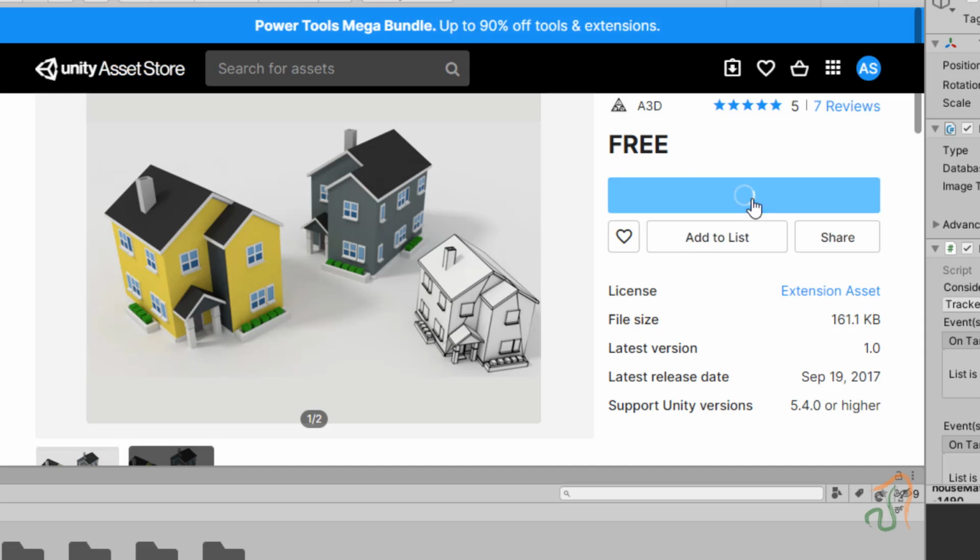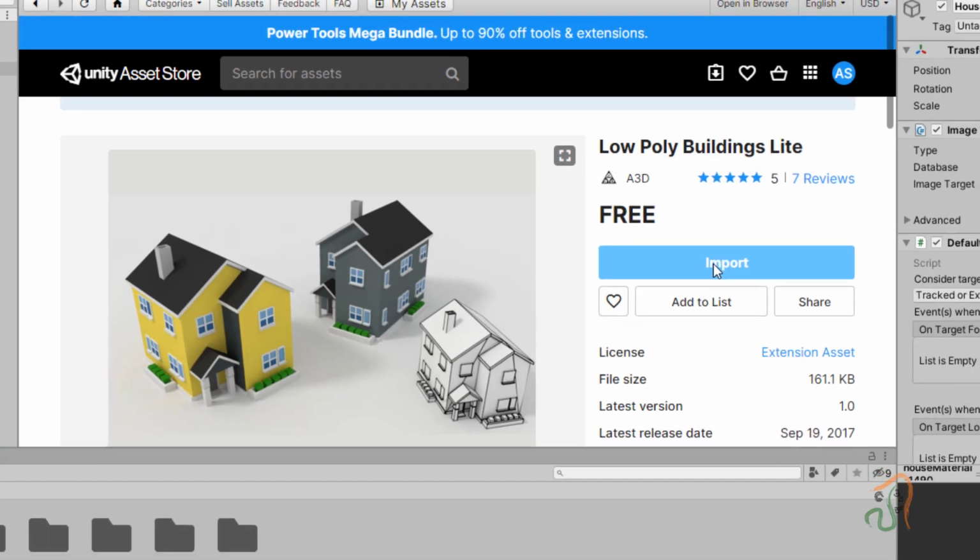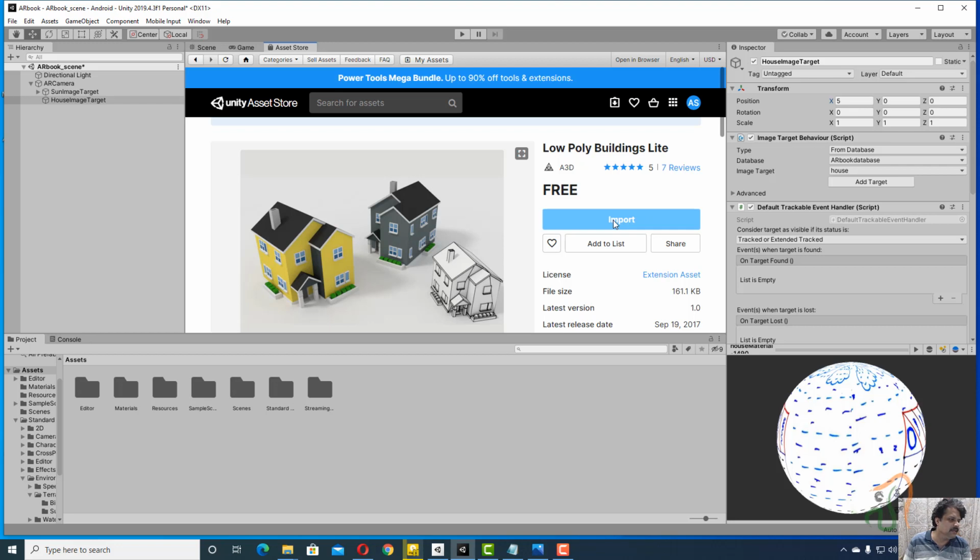When you click on the download button, this resource will get downloaded. Once it is downloaded, you are going to click import. For your purpose, instead of logging in and taking this model, I have already downloaded this model and uploaded this resource into your resource folder. In your case, either you can download and click on the import button here,